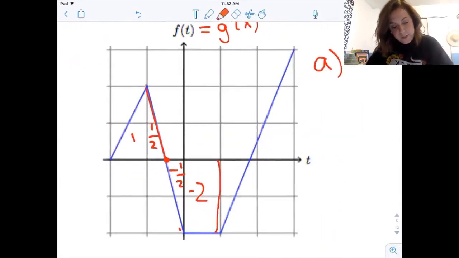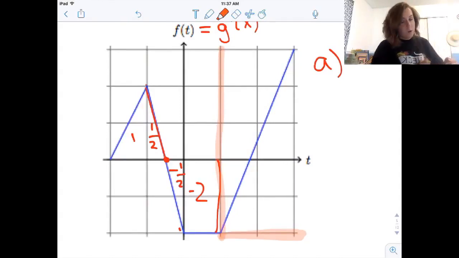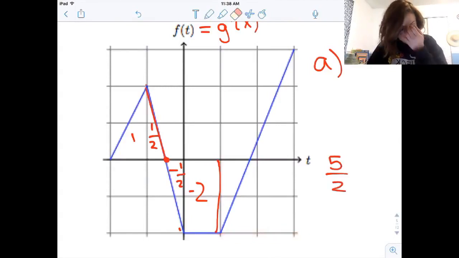So this right here goes 2 boxes over, and it goes up 1, 2, 3, 4, 5, right? It goes over 2 boxes and goes up 5. So its slope here is 5/2. So every one box, this will move over